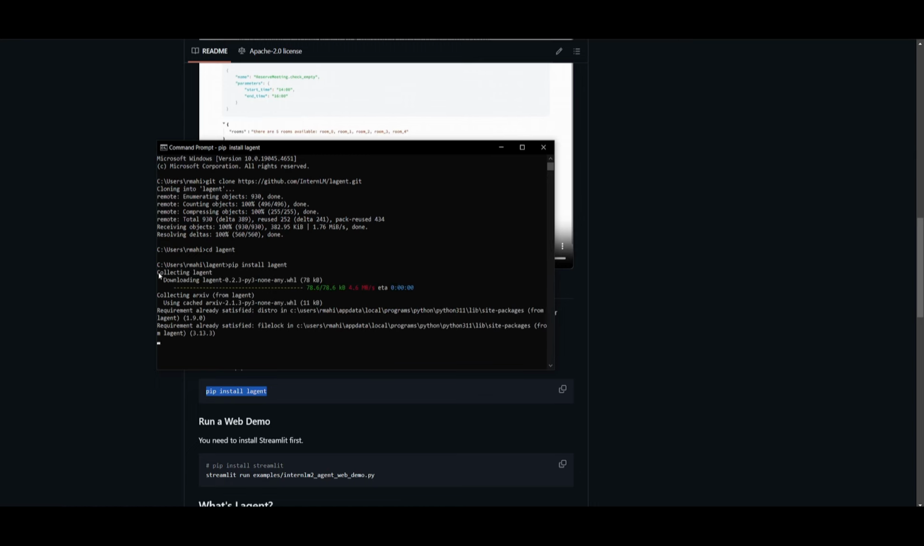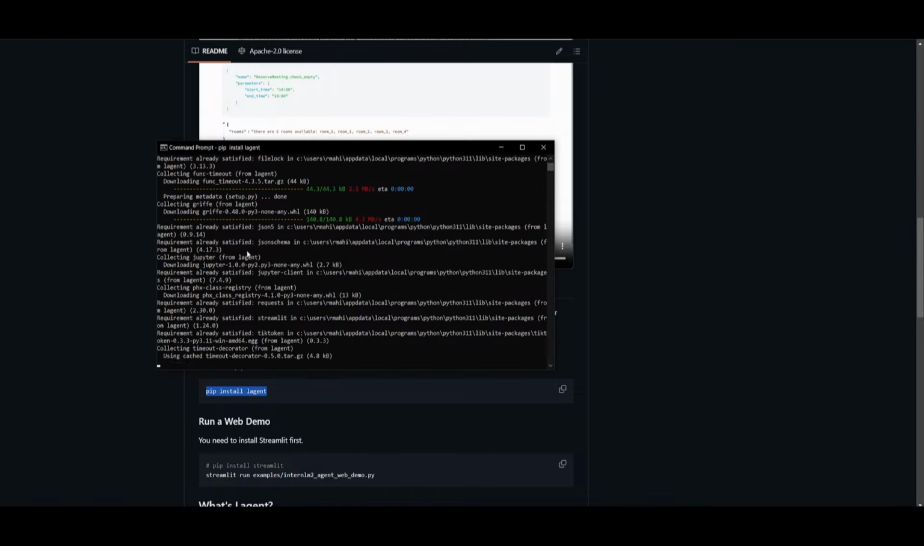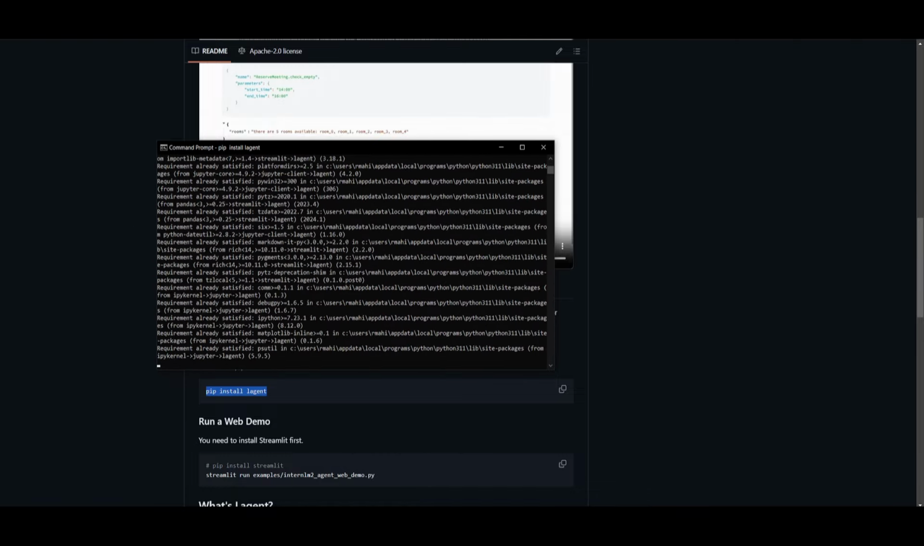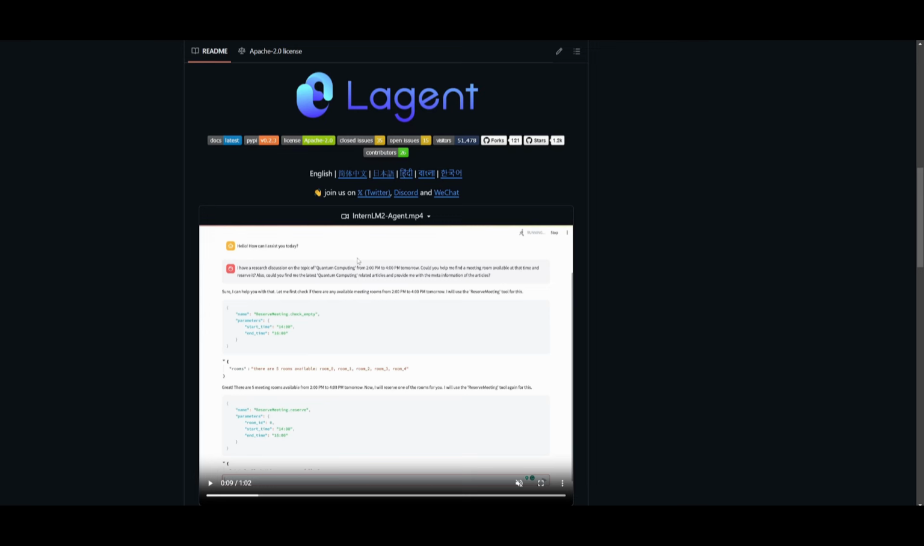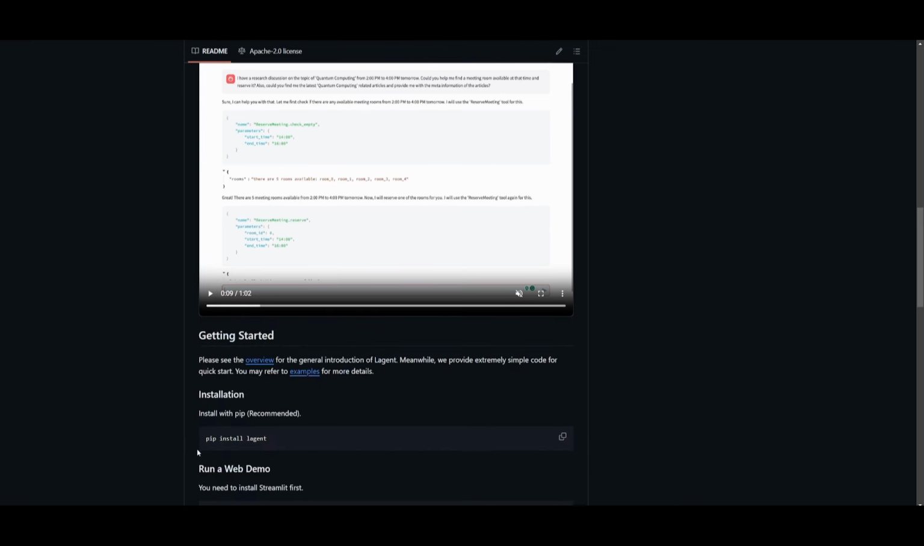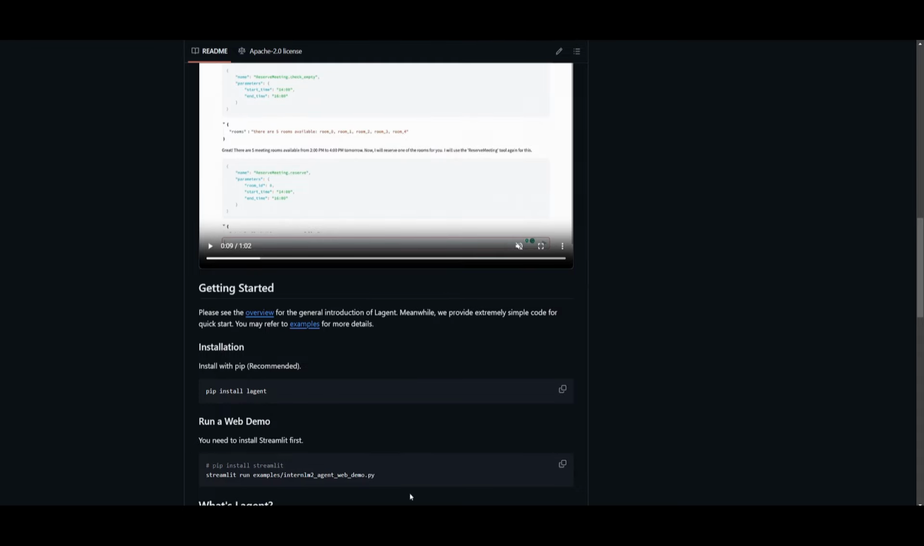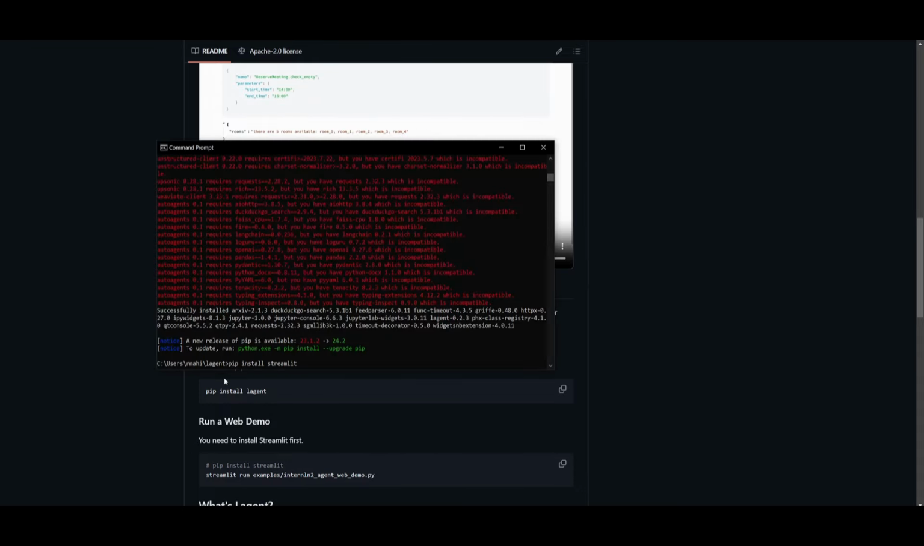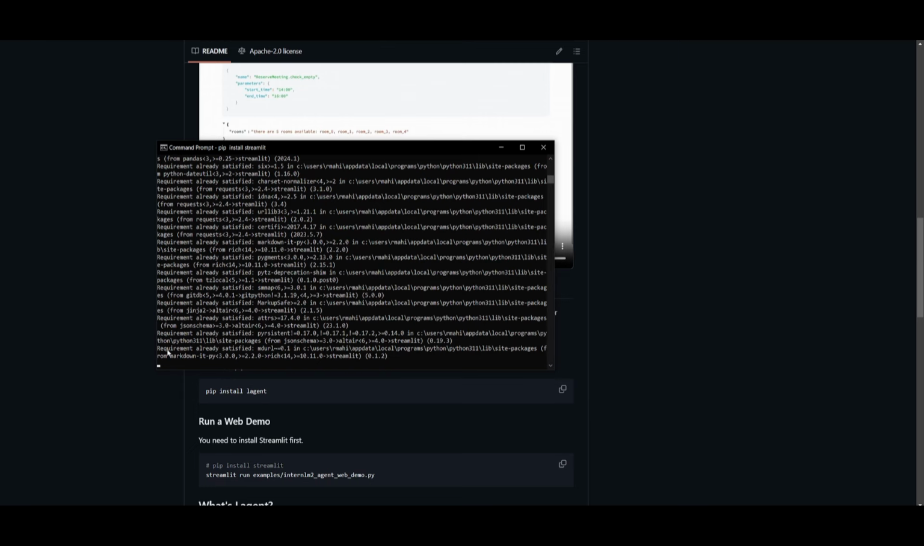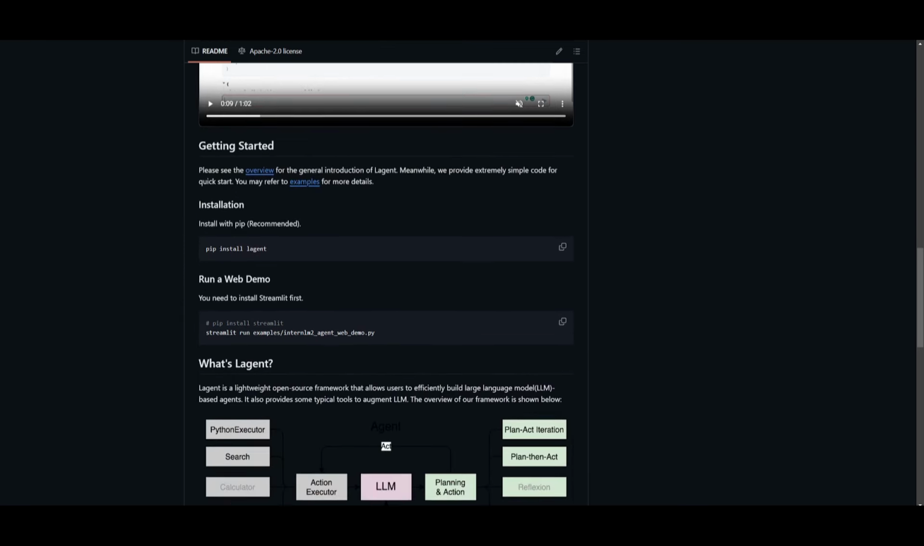You can simply press enter, and it's going to start installing the packages that are needed for this framework to be functional. Now, to access this UI, you're going to need to also install Streamlit. And to do so, simply just copy this command over here, pip install Streamlit. You can then paste this into your command prompt and click enter. Once it finishes installing Streamlit, what you can do is then you can run the demo applications that have been